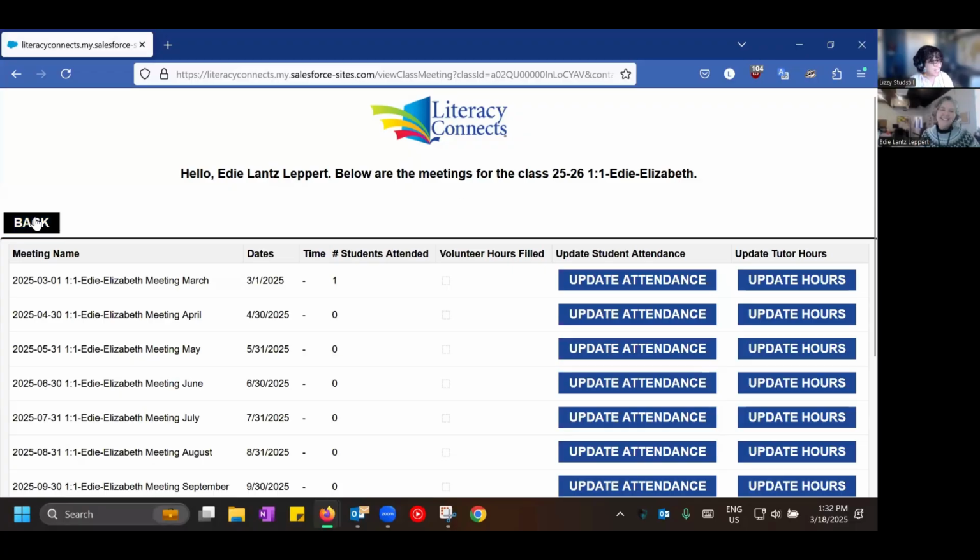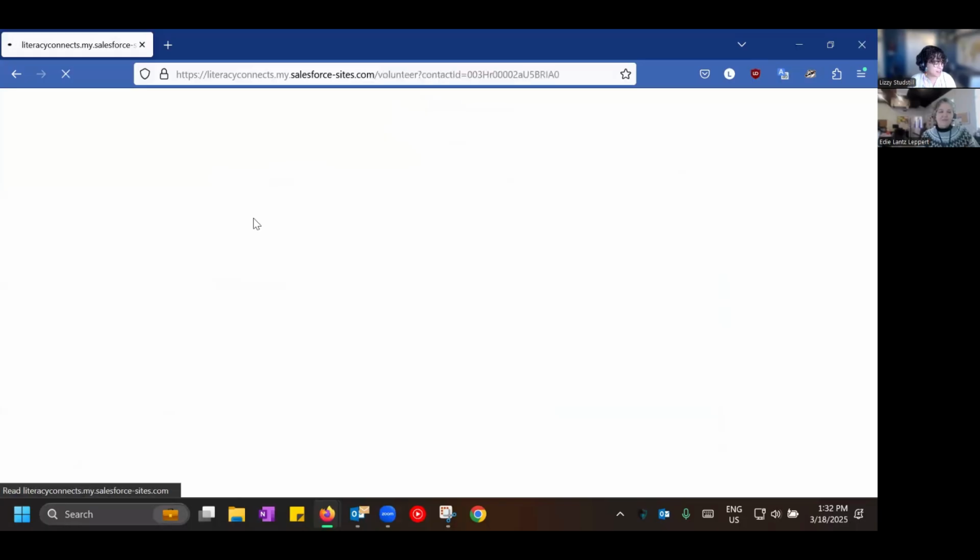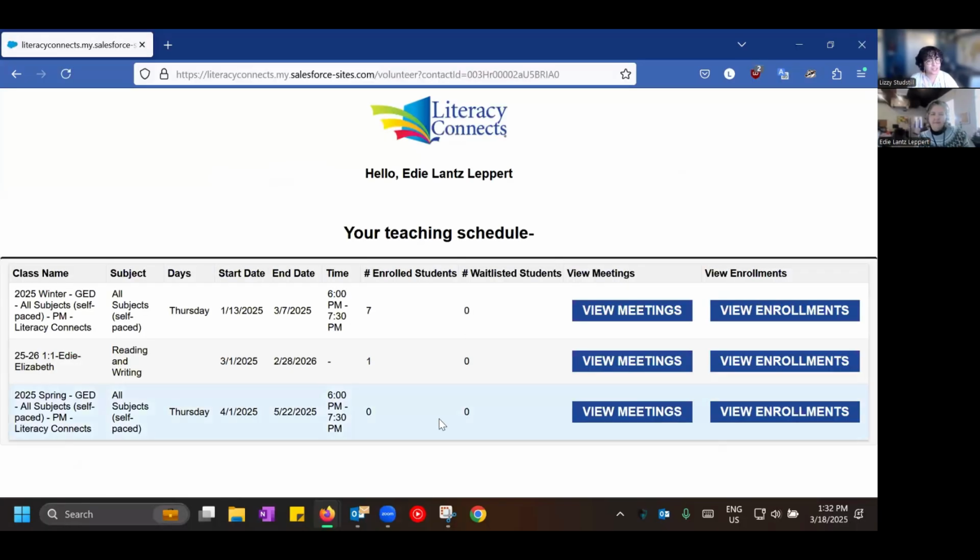So the idea here with your volunteer reporting link, any classes you're doing, any tutoring you're doing, it's meant to be your one-stop shop to report information to us. Not just the literal numbers, not just hours, but also with those comment boxes. We see those, so if there's any kind of a note or an update or a heads up that you want to give us, filling out those comment boxes is one way that you can do that at the same time that you're reporting rather than needing to report your data and then also send us an email. So we do keep an eye on those and we see them throughout the weeks.